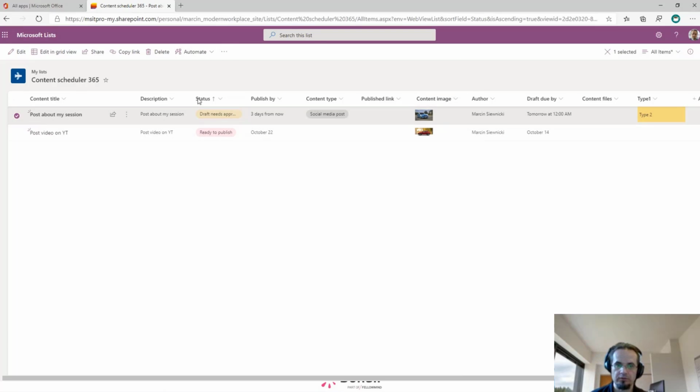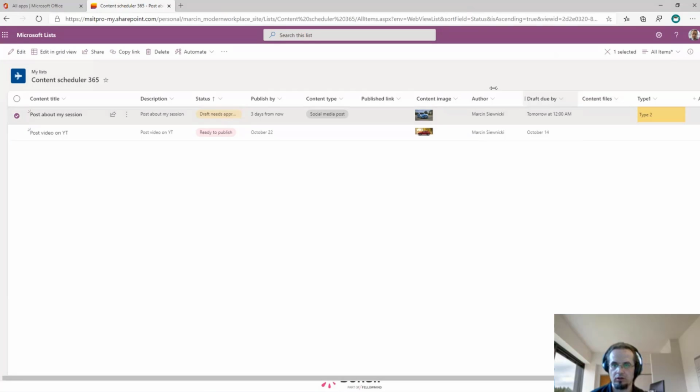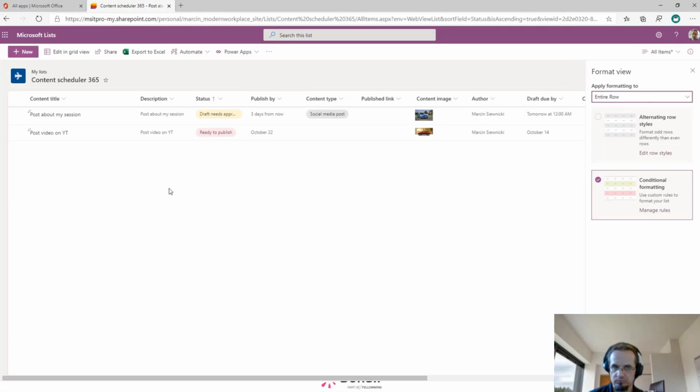And if I add another column, let's say this line text, there's no option for formatting this because it's text, but we have another option to work with this list view. If I go here and select all items, there's a format current view option, and this is, I think, one of the biggest or